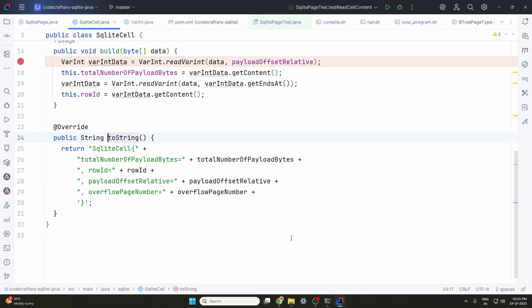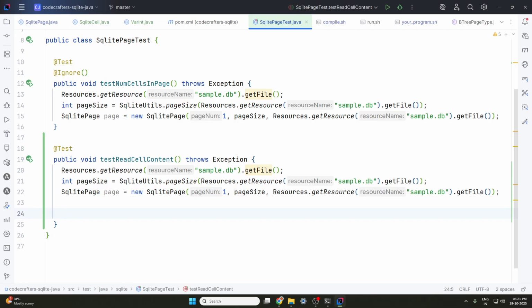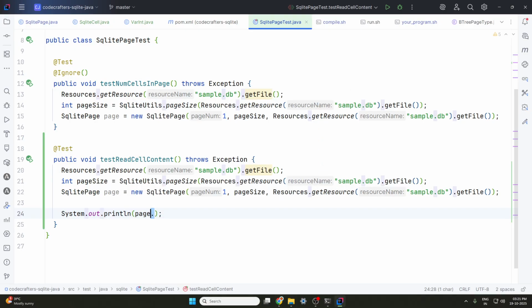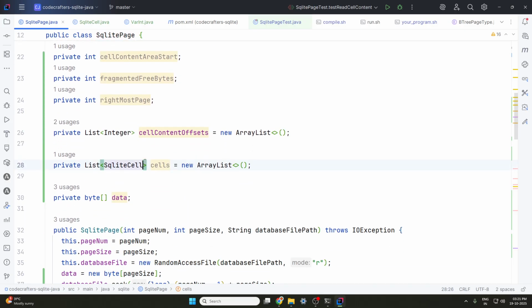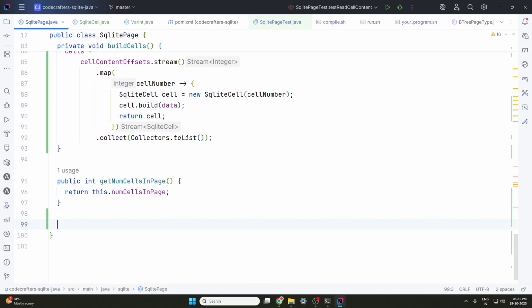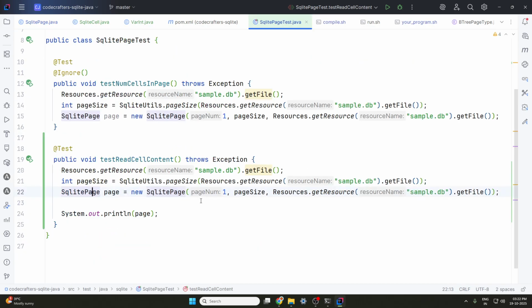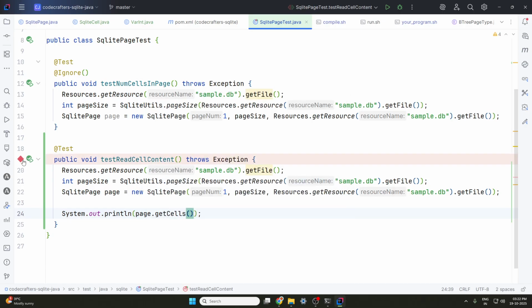ToString, let's see. In the test, what I'm going to do is out page dot... not have any of these as private. Hmm, SQLite cell, get cells, return cells. Right, so let's go print them. Page dot... see what